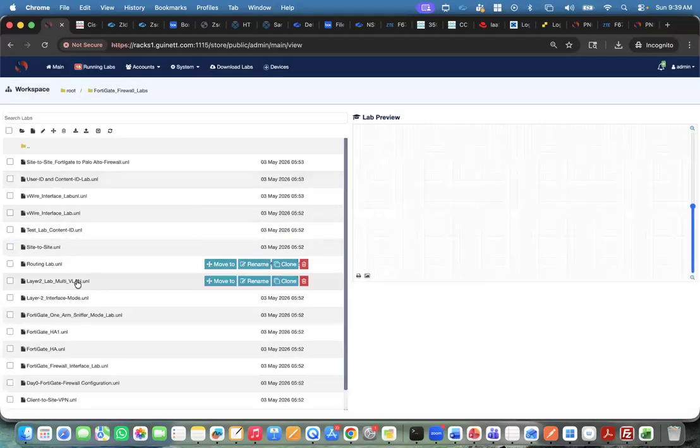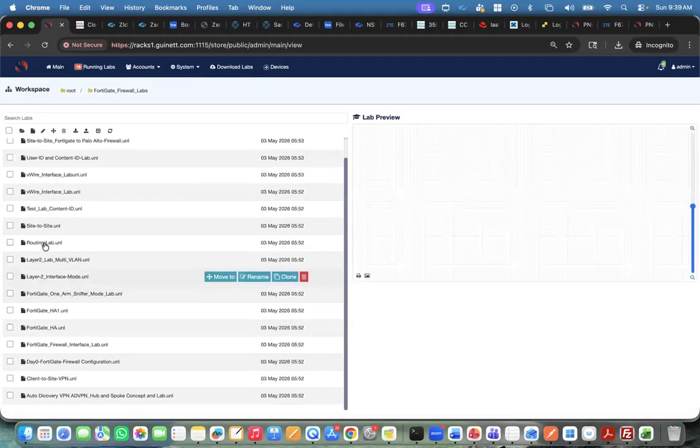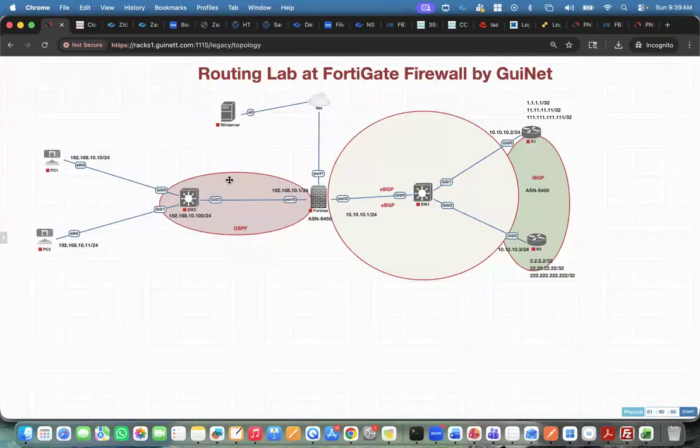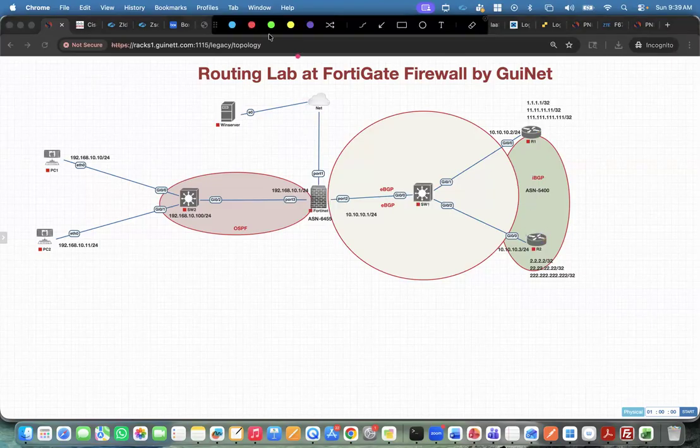And for advanced routing, we created a lab. You can see here, in this advanced routing, we are going to discuss how to configure OSPF. We can even replace it with RIP as well. And I will show you how to configure RIP between these devices and how to do the redistribution between the BGP domain, which is running between the FortiGate firewall and the router, that is an eBGP. Another eBGP is going to be your R2 to the FortiGate firewalls, and then iBGP is going to run between the routers. So how all this communication is going to happen,